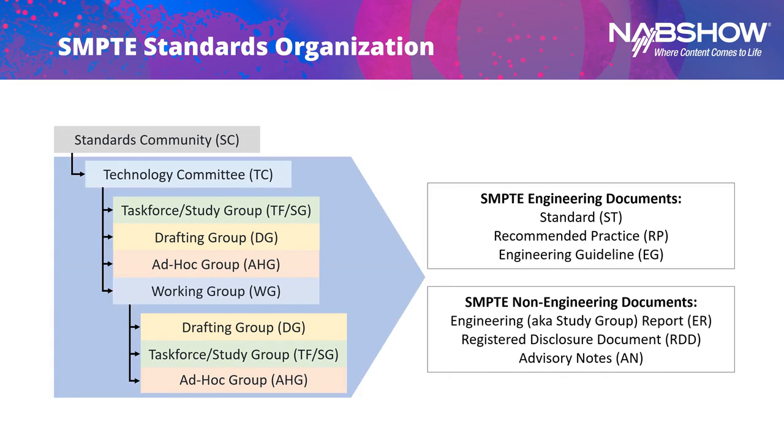So for media over IP, we have a working group, and underneath are drafting groups which write the standards related to ST 2110, ST 2022, and so on. And all these create outputs. There are 2 distinct output categories. There are SMPTE engineering documents, those which go through the due process I mentioned a couple of times. I'm going to talk about that in a second. And then you have SMPTE non-engineering documents. Those are just a review; often they don't go through this due process. So these top 3 documents are really the essential standards documents.